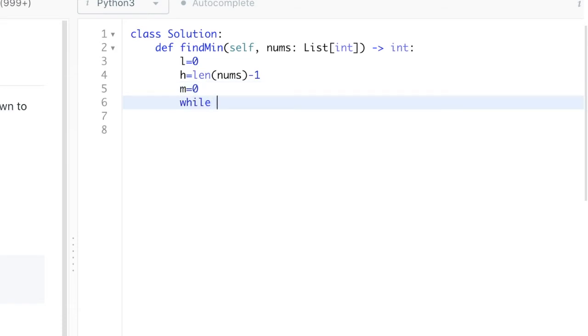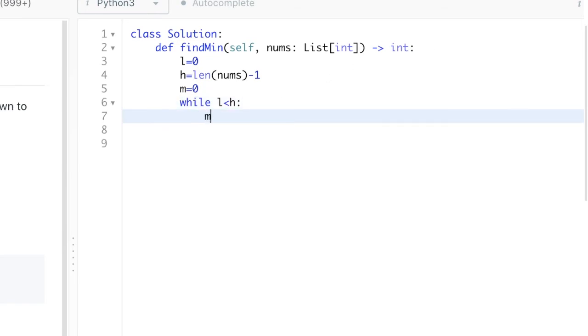While my low is less than high, while low is less than high, it will iterate, we will calculate the mid equal to low plus high by 2.